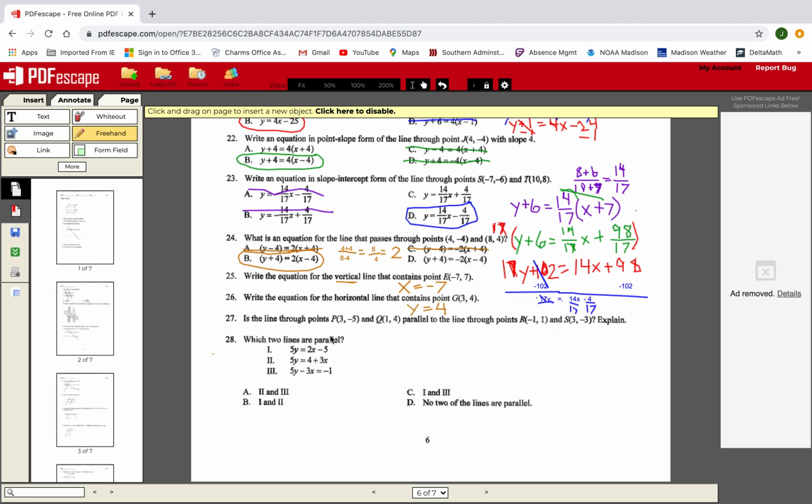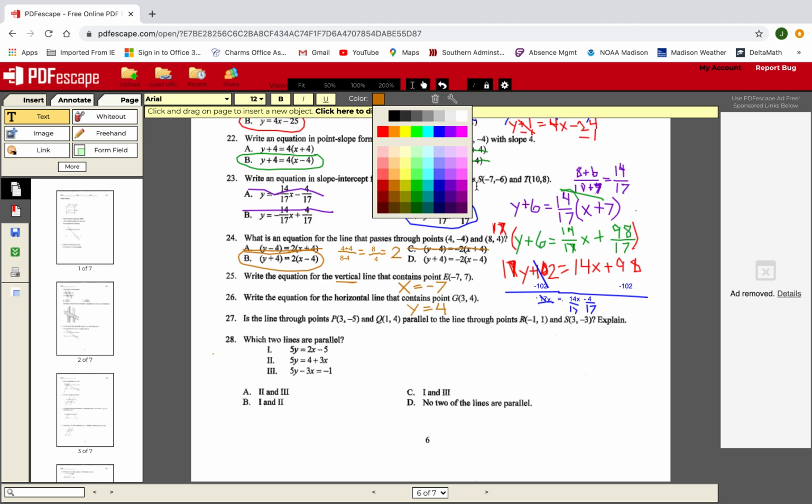All right, so looking at 27, it says, is the line through these 2 points parallel to the line that's through these 2 points? So let's make a note here, and let's get off of this orange, which actually looks more brown. It's making me sad. All right, so let's go back to purple. How about that purple? Let's make some notes here about parallel slopes. Parallel